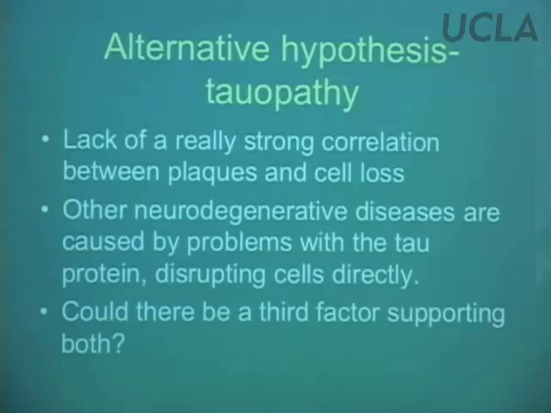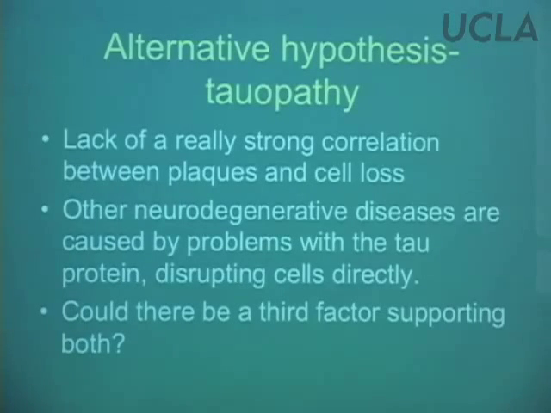And of course, when the tau isn't functioning properly, it's an important component of microtubules, you can see how that could kill cells. If the microtubule protein is not really functioning properly, that's causing cell death. It's less clear how the beta amyloid plaques are really killing cells. There's some theories out there, but it's less obviously clear.